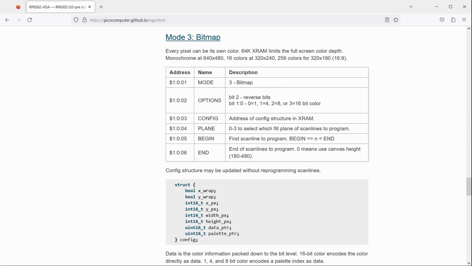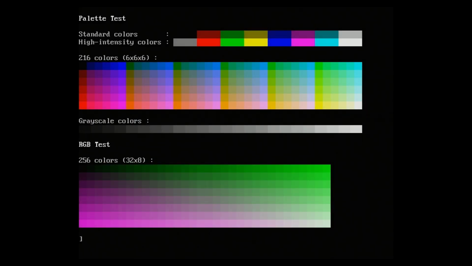I suppose now's a good time to show off the new ANSI terminal, also known as Mode 0. It used to be 16 colors, but now it's 16-bit color. The 256 color palette at the top is what we'll be using. Now that we have a plan, let's look at the code that makes it happen.